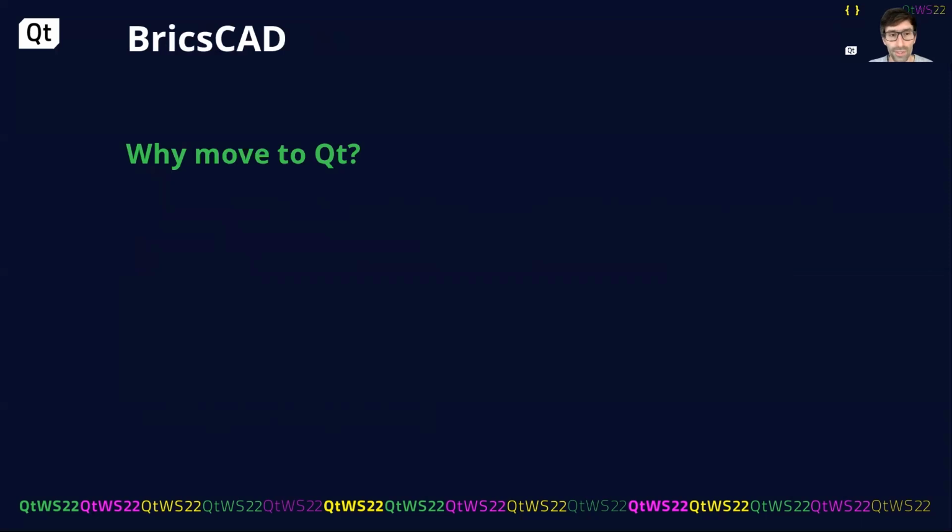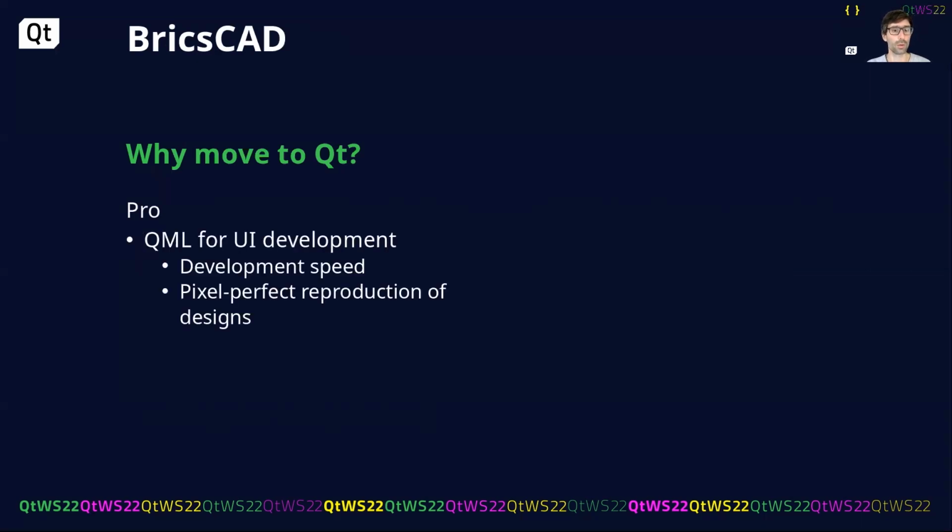So yeah, the first question that people ask me, of course, is why move to Qt? We basically made a list of pros and cons, as one does in these situations. A big pro is using QML for UI development. We did have some QML experience in-house from people working at previous companies or hobby projects. And there we saw the development speed